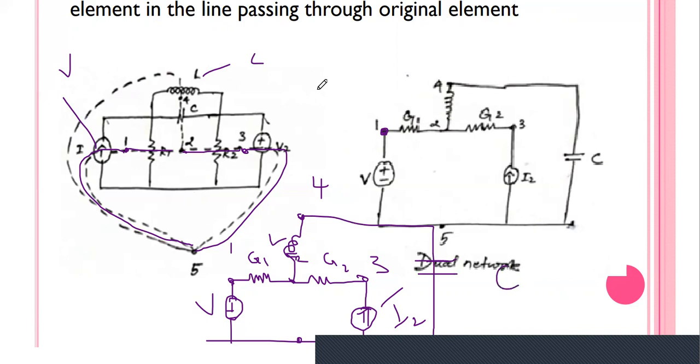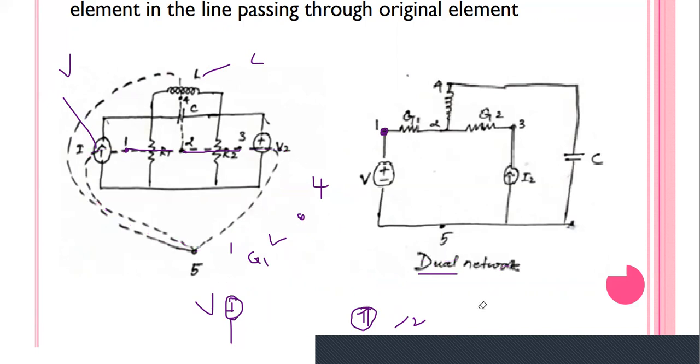So this is the dual network for our given circuit. This is our exact diagram of the dual network for our given network. In this manner, we can draw the dual network for any type of given network. Here the four loops are converted into 4 nodes in our diagram. The current source is replaced by voltage source, voltage source by current source, inductance by capacitance, and capacitance by resistance. So this is the procedure to draw the dual network for our given diagram.